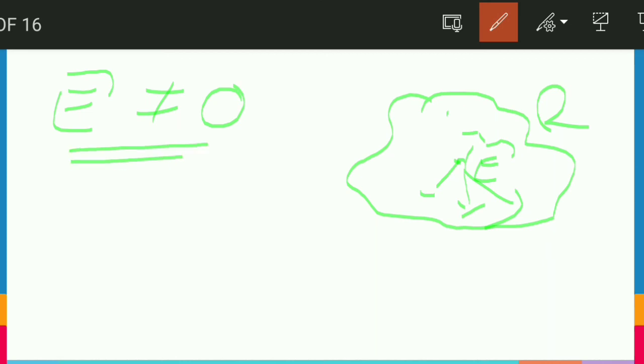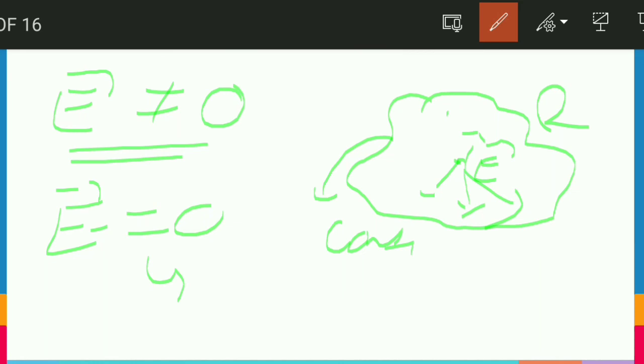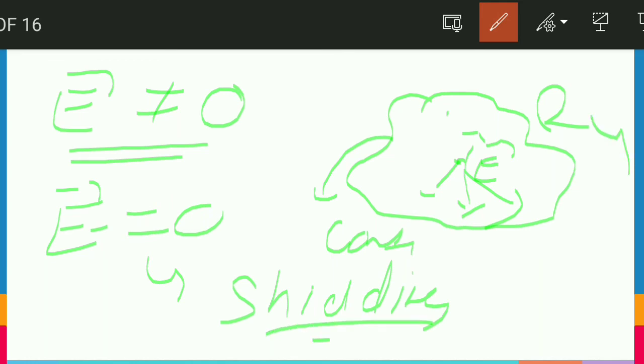And one more modification that I'm giving to you, and I will tell the answer: if let's say this was a conducting shell, can we tell the electric field at the center? Yes friends, the electric field at the center this time will be how much? Zero. And it is in accordance with what? Shielding effect. You have learned about it. Shielding means the outer distribution does not affect our inner region if this is conducting, but for non-conducting it will not be zero. So friends, I think I have done all the modifications, so that we can jump to the next question.